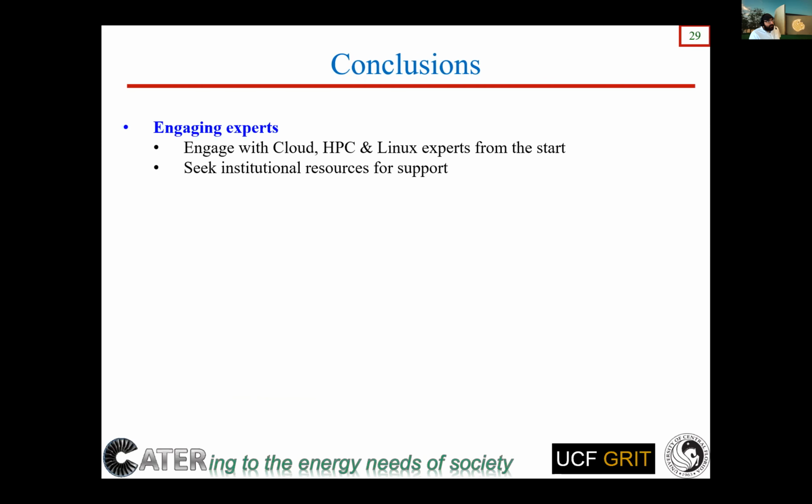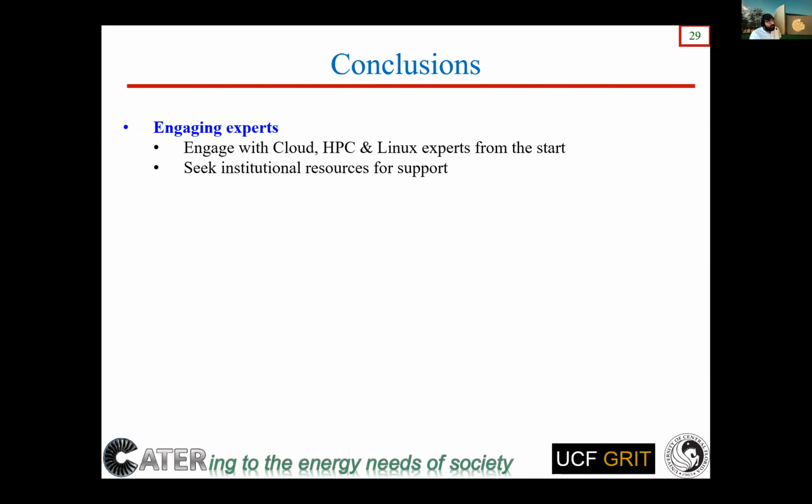So from this, my conclusions, my advice generally would be that if you're planning an HPC on the cloud transition, engage with experts from the start. You don't need to reinvent the wheel. You need to seek institutional resources for support. Microsoft is also available for that support. They can provide you support for what might be your best cloud solution,